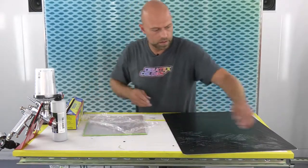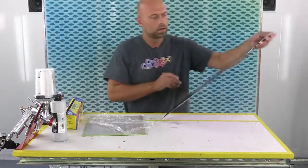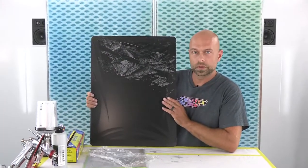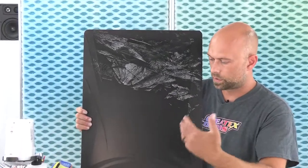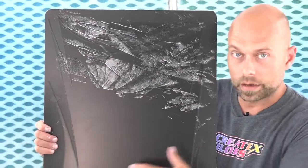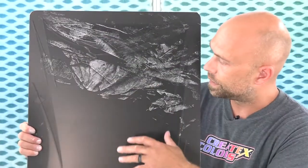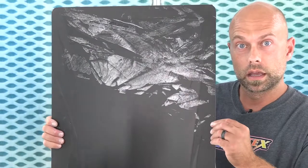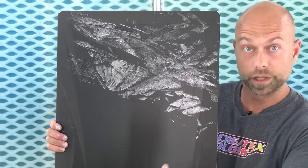So now you can see, I don't know if you guys can see, what we have. So you're going to build texture that way. Now you can apply a little bit more paint. I'm just going to continue working my way randomly down this panel till I have everything filled in. If it's not dark enough, you can actually go in and darken up some areas with a little more paint